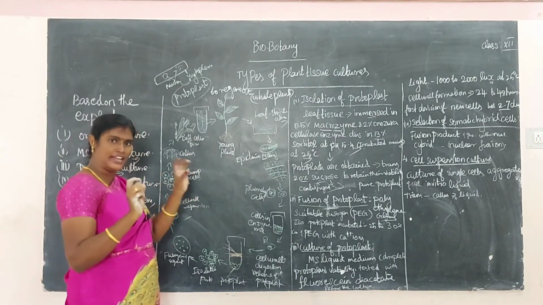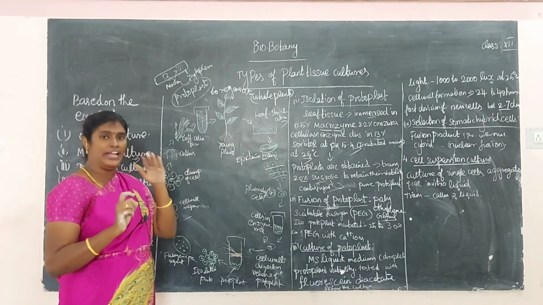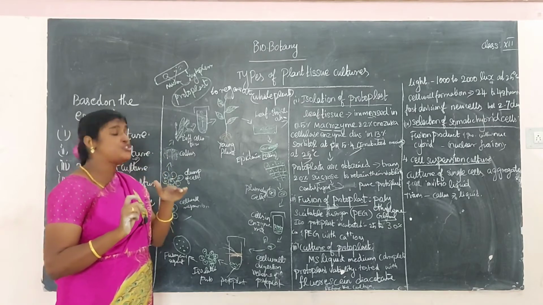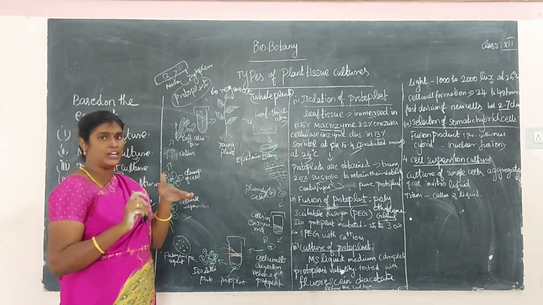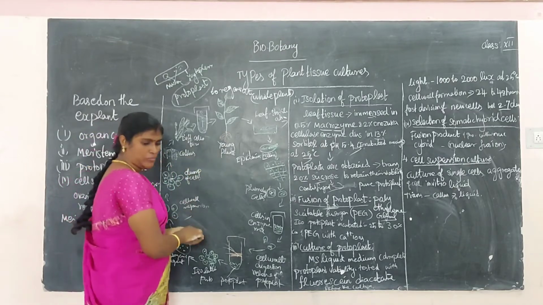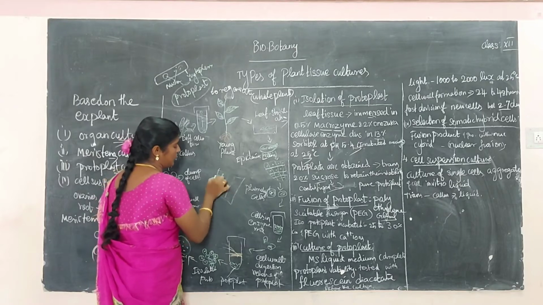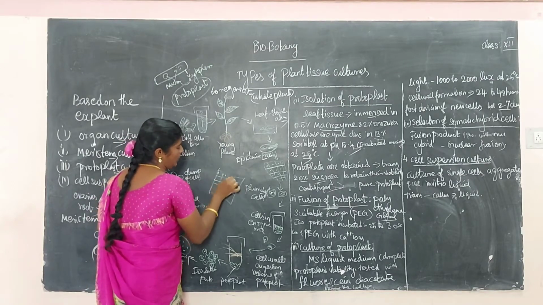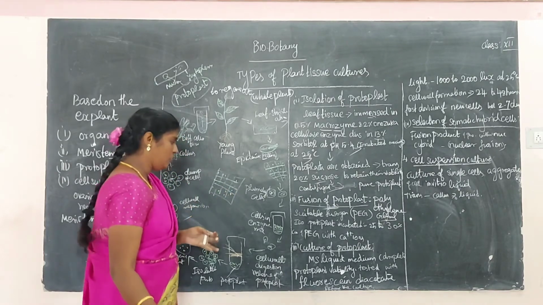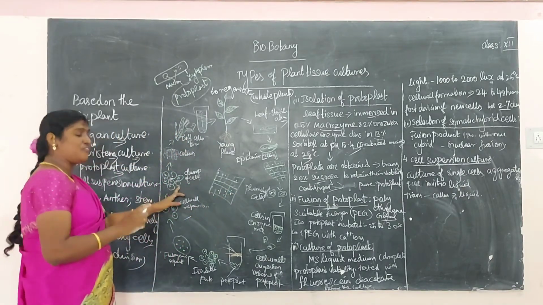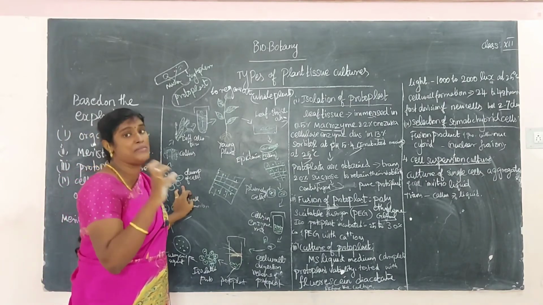We have separated the protoplasm. Next is culture. Protoplasm is cultured in culture medium, in a test tube, a petri dish, or any other plate. A petri dish is a small plate-like container. That is called a petri dish, or a small test tube. The culture medium is very, very important for protoplasm culture.